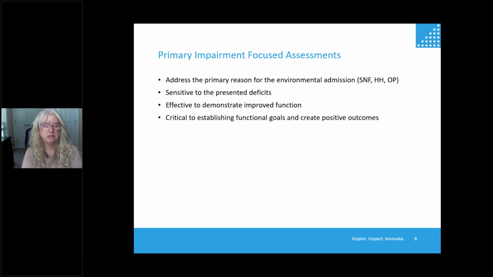In the skilled nursing facility, it's the primary diagnosis for the inpatient stay they're going to have. In home health, it's the primary reason for the home care certification period, the cert period. Why? What came about? What's going on with the patient medically that requires all of these services to now descend upon the patient? And when we throw a dart and hit that diagnosis or that primary reason for this stay